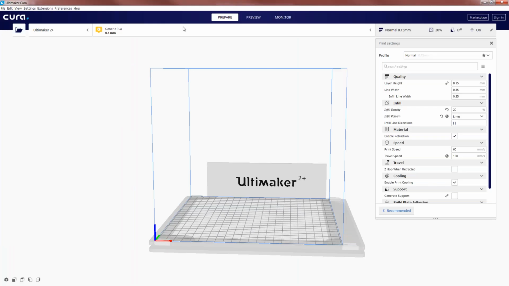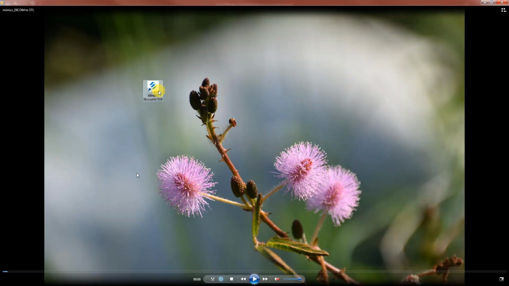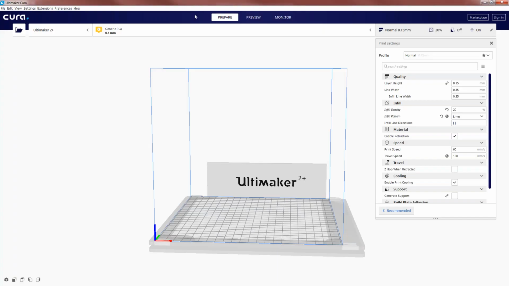This is the Cura software. Once you open it, it will be loaded like this.